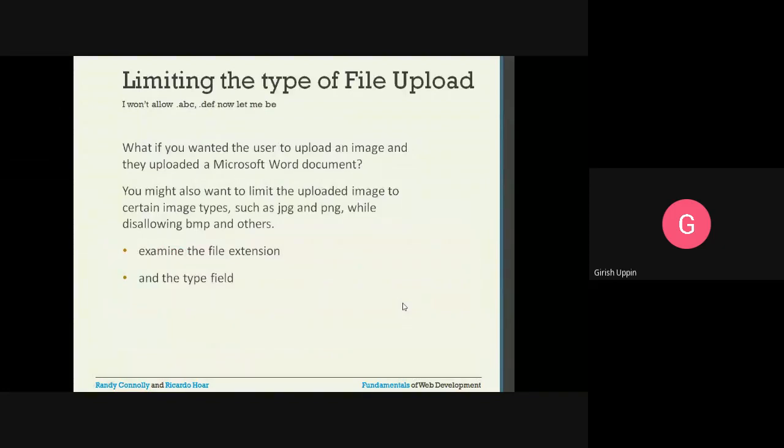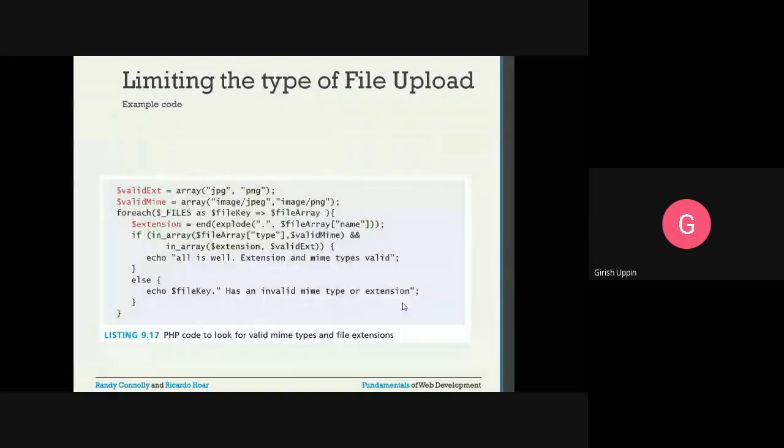Limiting the type of the file upload. Similar to the size, we can also limit the type. What if you wanted the user to upload an image and they uploaded a Microsoft Word document? You can examine the file extension, and then you can stop the user from uploading non-required files. For example, here I want only images, that is JPG and PNG files.